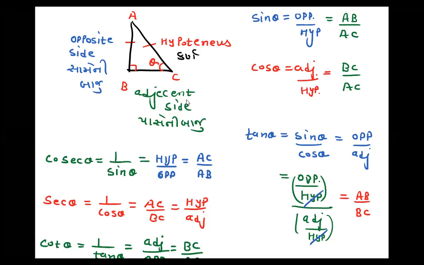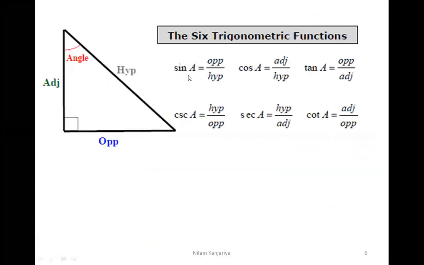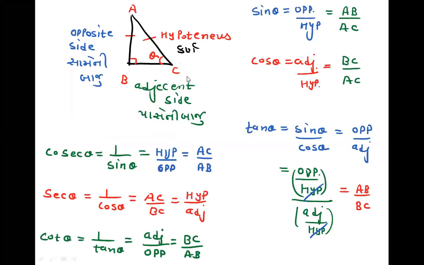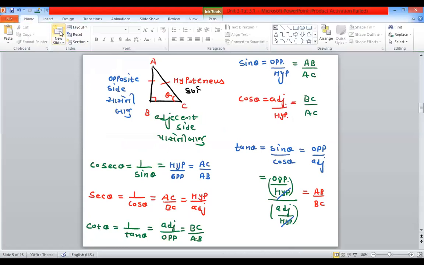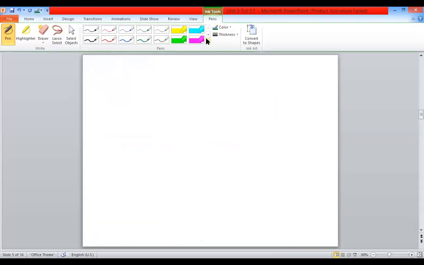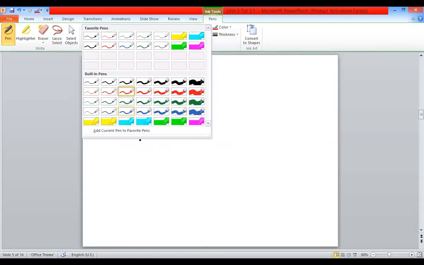Now tell me one thing, if you understood all things, then what happens if I change the value of theta here? This is my triangle, and here again B is 90 degrees. This is A and this is C. But here my theta is at A. Angle A is my theta. So first of all, tell me which is the opposite side of the angle.